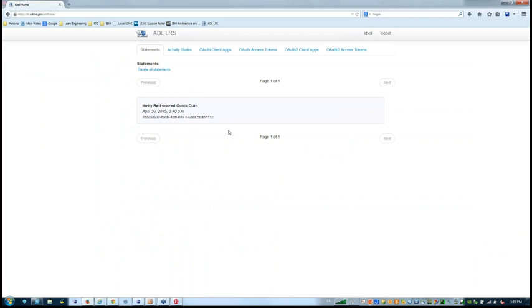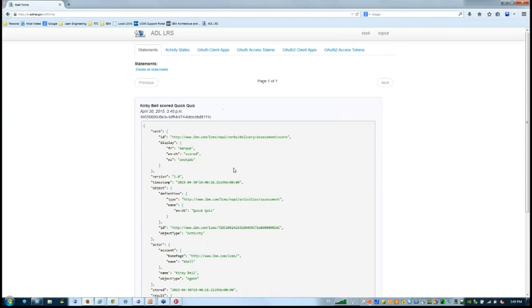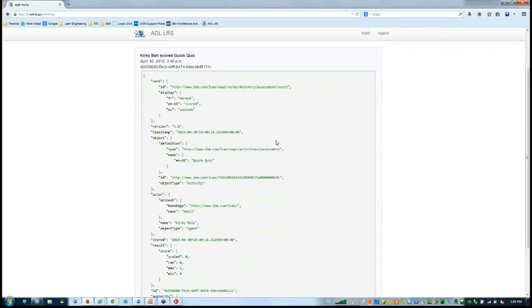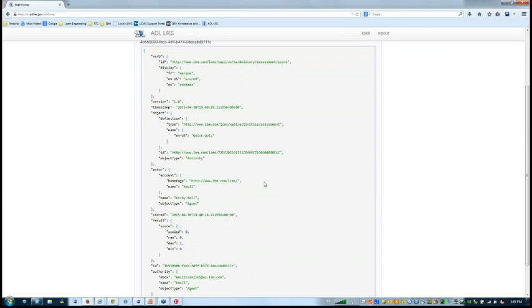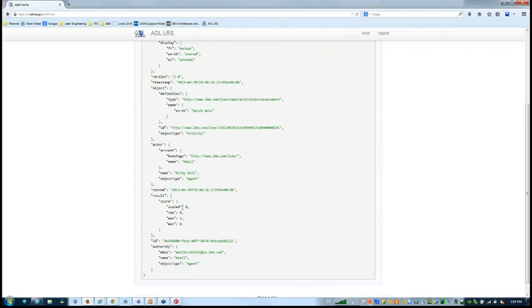Pause for a moment. In this case, in the exact same time period, you'll notice that only the score of the quiz made it. I did not map these verbs to an LRS targeted verbs. In this case, we sent the IBM verb localized with the result of 0. Back to the presentation.